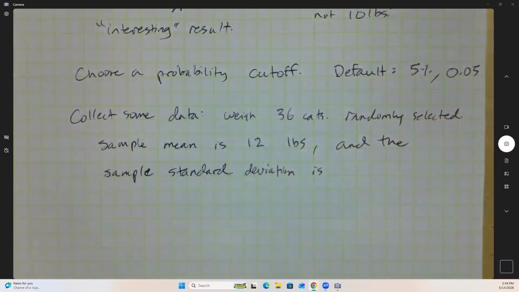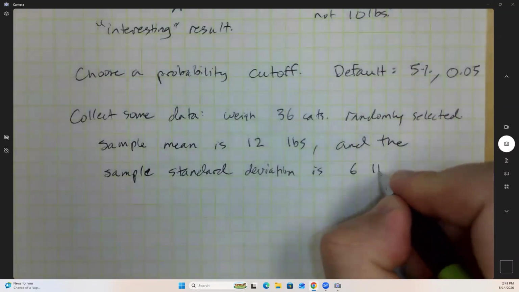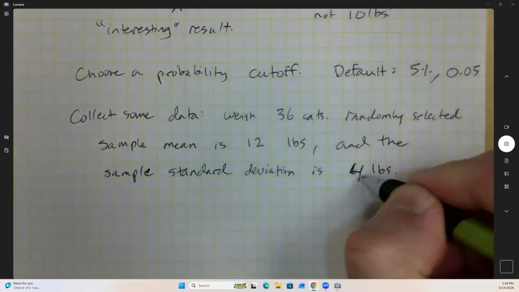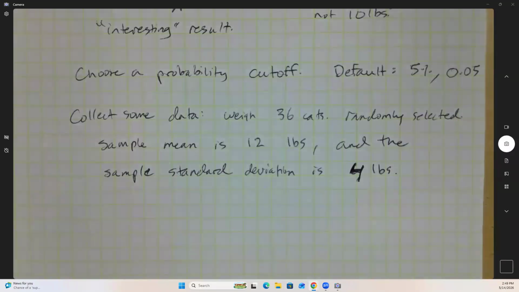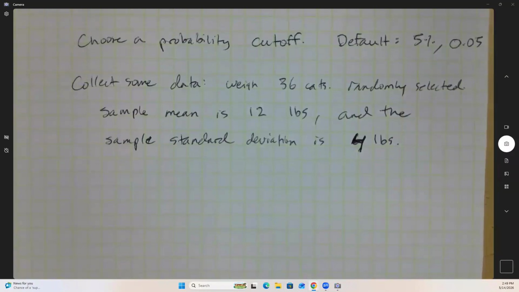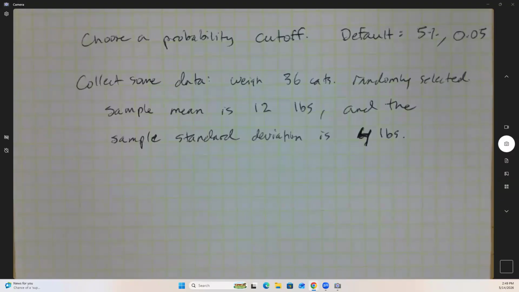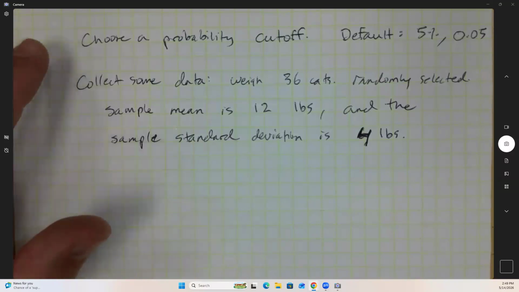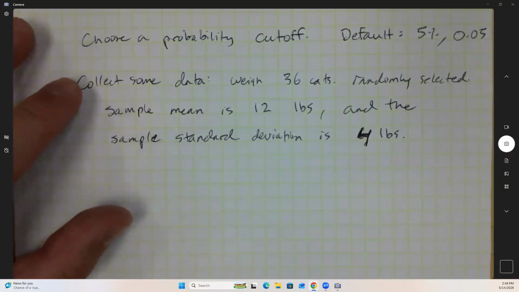is, I bet I can make this work. Yeah, 6 pounds. I don't want to use 6. Sometimes when you pick numbers, the numbers can end up being confusing. I'm going to pick, let's see, is it still going to work? 4 pounds. There we go. So this data here, 36 cats with a sample mean of 12 and a sample standard deviation of 4